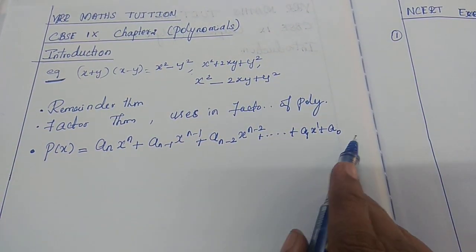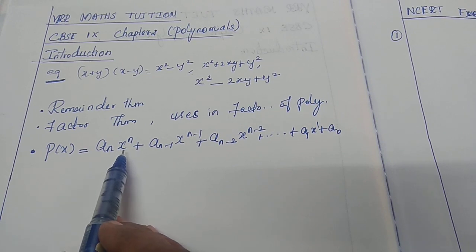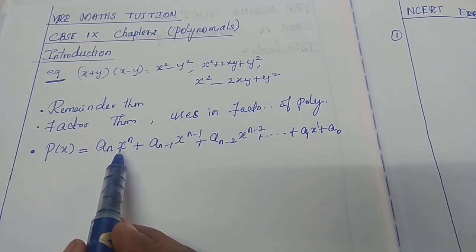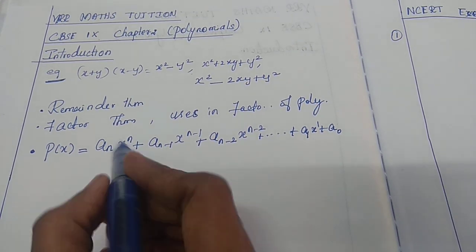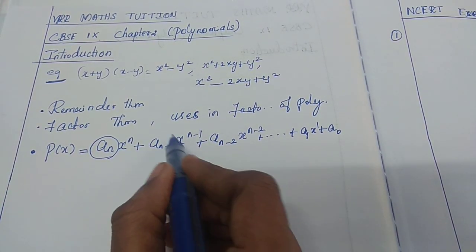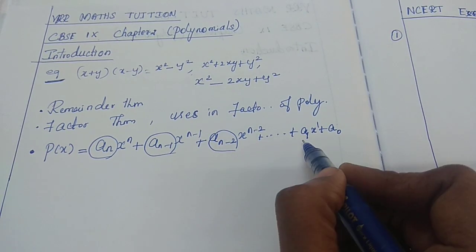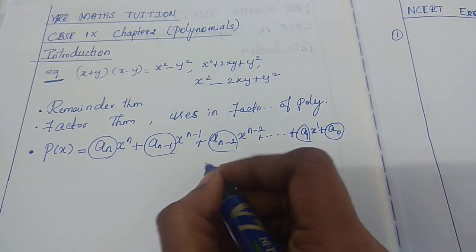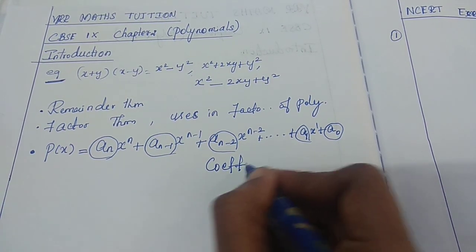This expression is called a polynomial with one variable, that is a variable x only here. All terms an minus 1, an minus 2 and so on, a1, a0 are coefficients